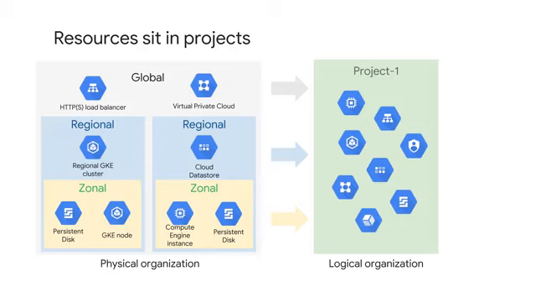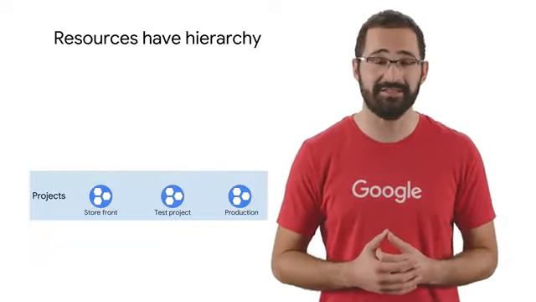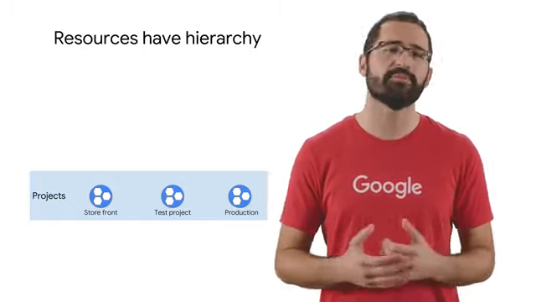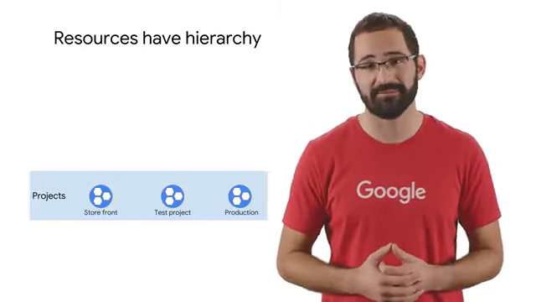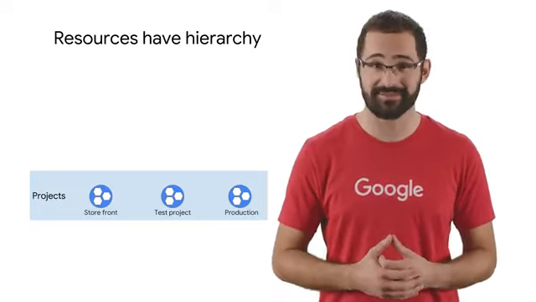A project is the base level organizing entity for creating and using resources and services and managing billing, APIs, and permissions. Zones and regions physically organize the GCP resources you use, and projects logically organize them. Projects can be easily created, managed, deleted, or even recovered from accidental deletions. Each project is identified by a unique project ID and project number. You can name your project and apply labels for filtering. These labels are changeable, but that project ID and project number remain fixed.